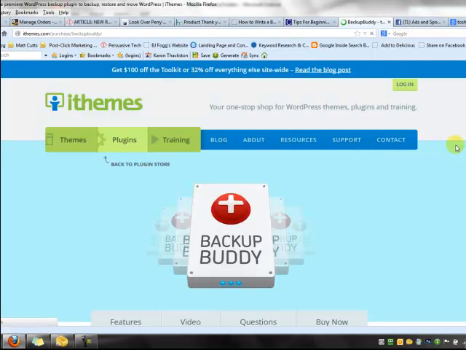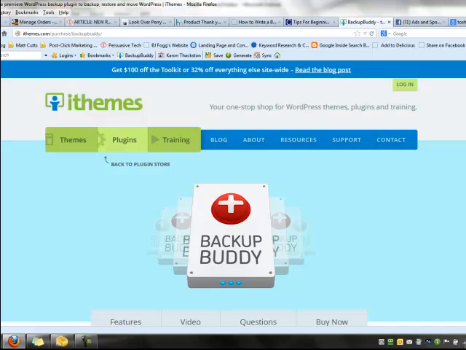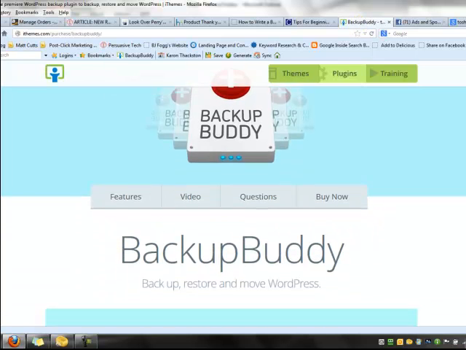When we click to its landing page, and everybody will see something a little different based on the size of their monitor, the resolution of their monitor, and what have you, this is all I'm seeing right now, Backup Buddy. Themes, plugins, training, blog, about. It's not immediately giving me all of this information, backup, restore, migration. Now, if I scroll,